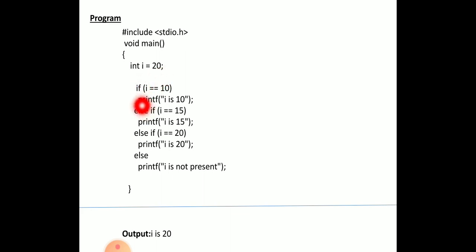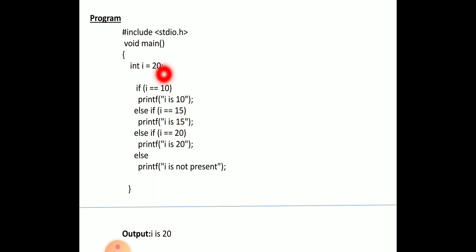Now first we check the condition: if I equal to 10, check whether I is equal to 10. If this condition is true, it displays printf I is 10.